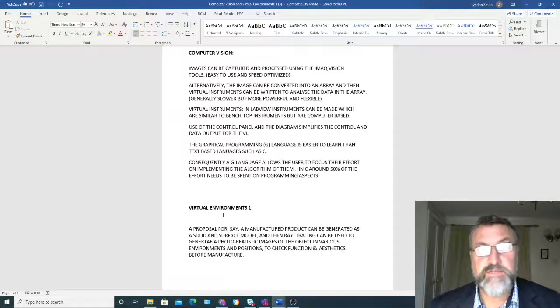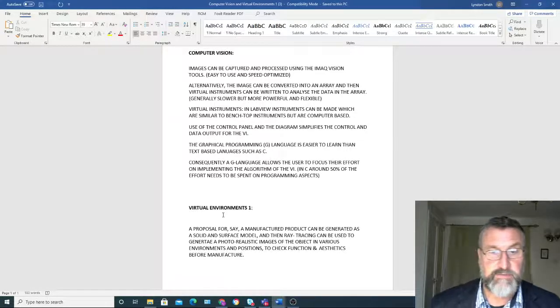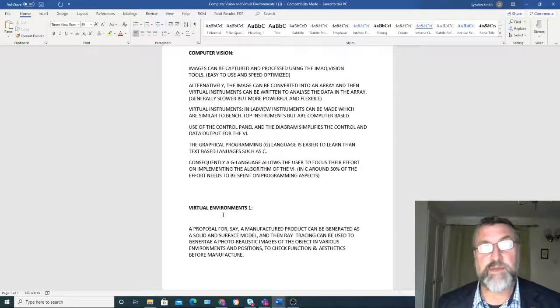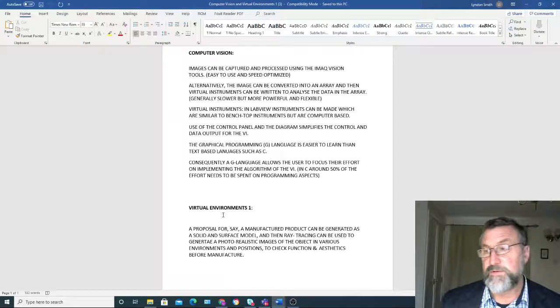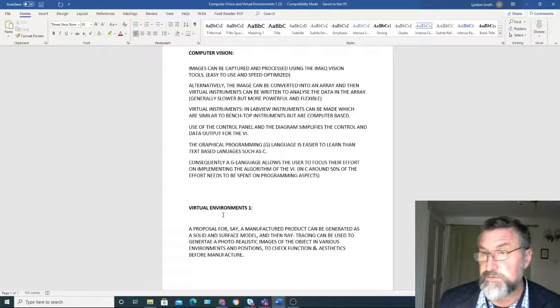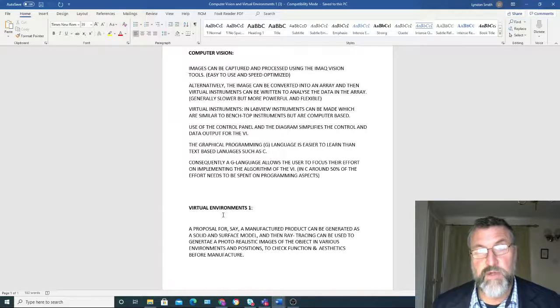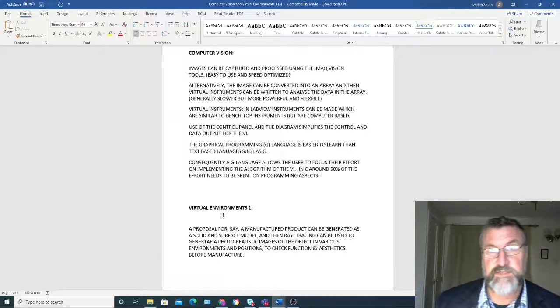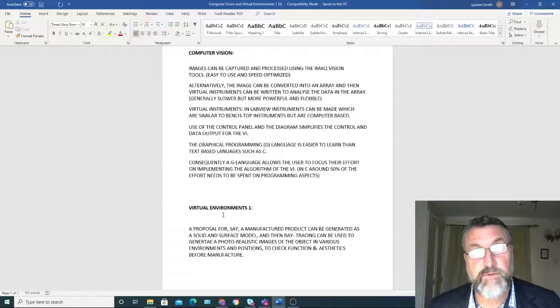And you can make it very realistic, and you can take it as far as you want on the physical realism of it, involving physics models of the light passage and refraction, if you want, and all the rest of it. So you can make some very realistic images, and that's where the term photorealistic comes in. The idea is you couldn't tell it apart from an actual photograph. And then you have a design, and then you can appraise it in various environments or situations to check not just what it looks like, but how well it might function in those environments. You can check aesthetics and functionality by analyzing the solid model. So that's a virtual environment